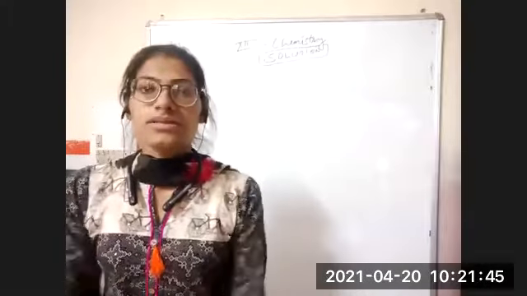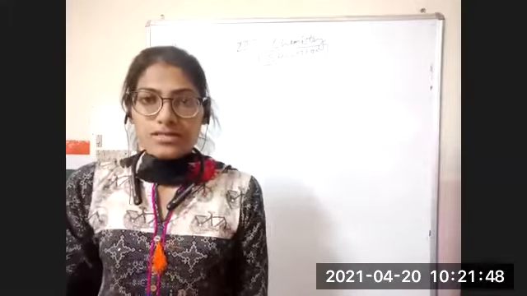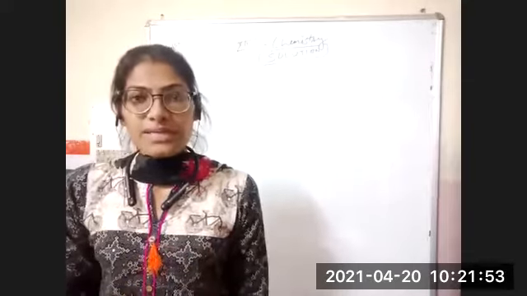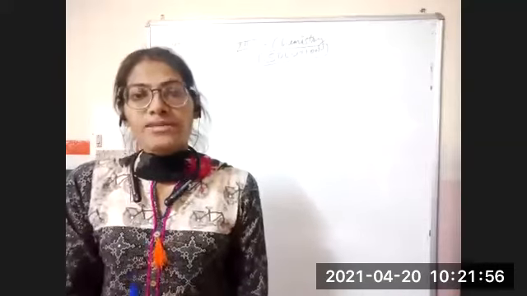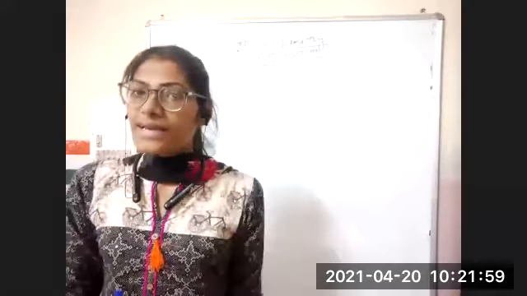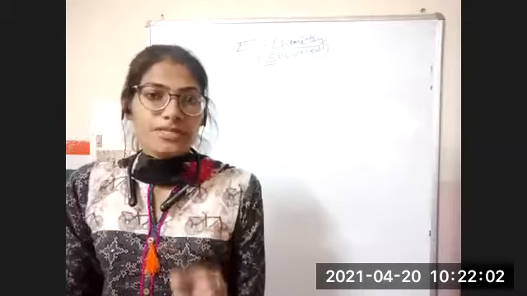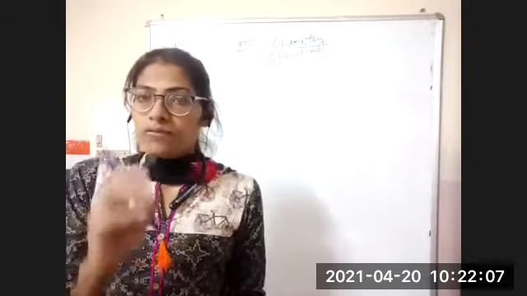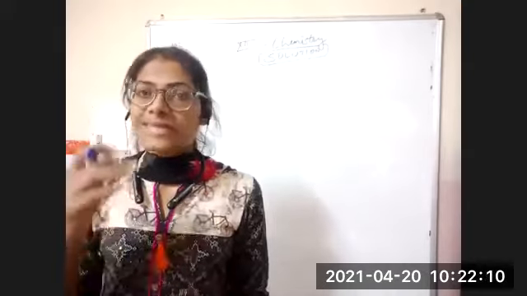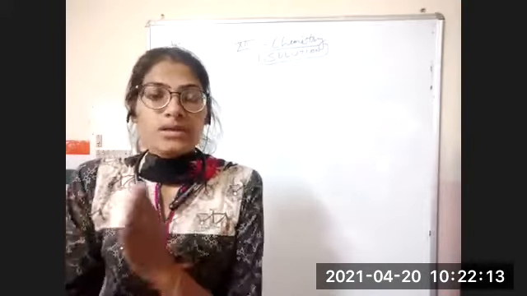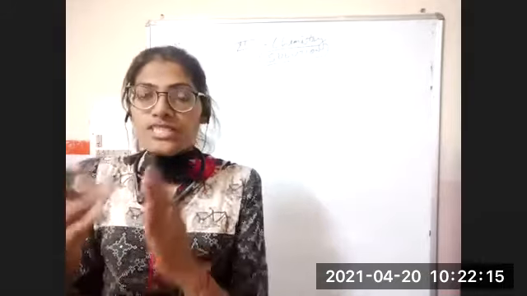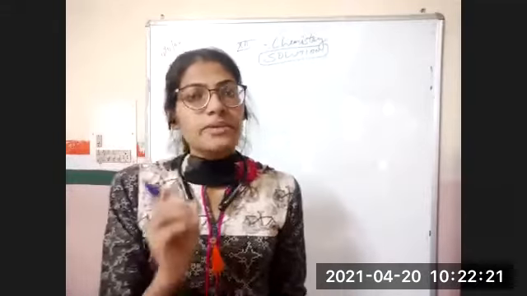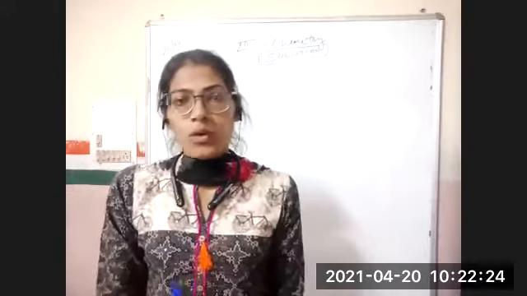In the previous class, we have studied ideal solution and non-ideal solution. Today, I'm going to recapitulate that particular topic within 5 minutes, and then we will further start non-ideal solution and its two types. In the very last class, I shared a brief discussion of non-ideal solution. That non-ideal solution doesn't obey Raoult's law, but that was an incomplete statement. Today we will discuss, when Raoult's law is not followed, which two types of situations arise. So first, let me recapitulate the previous class, and then we will start non-ideal solution and its types.